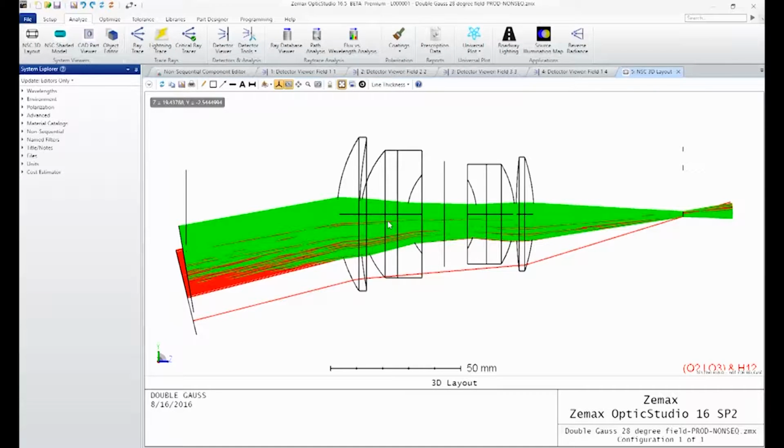And so again, you can see a ton of rays here that are actually being launched from each of the sources that make it onto the detector as the result of scattering through this first surface. It might be useful to be able to identify a smaller subset of rays so that you don't necessarily have to look at all of the rays that meet that condition, but you only want to look at some handful of rays. With OpticStudio 16.5, we've also introduced a new filter string into the software that allows you to do